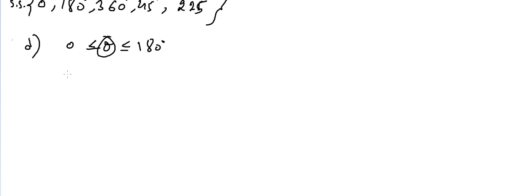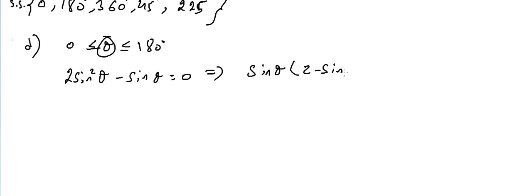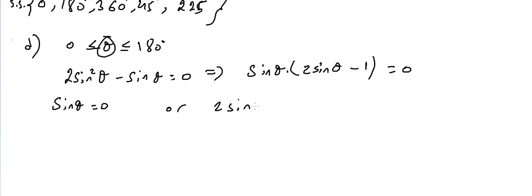Okay? Let's do this. 2 sine square theta minus sine theta equals 0. Two terms, directly factorize. Sine theta times (2 sine theta minus 1) equal to 0. 2 sine square theta divided by sine theta is 2 sine theta, minus sine theta divided by itself, 1. Same thing, product of factors equals 0,